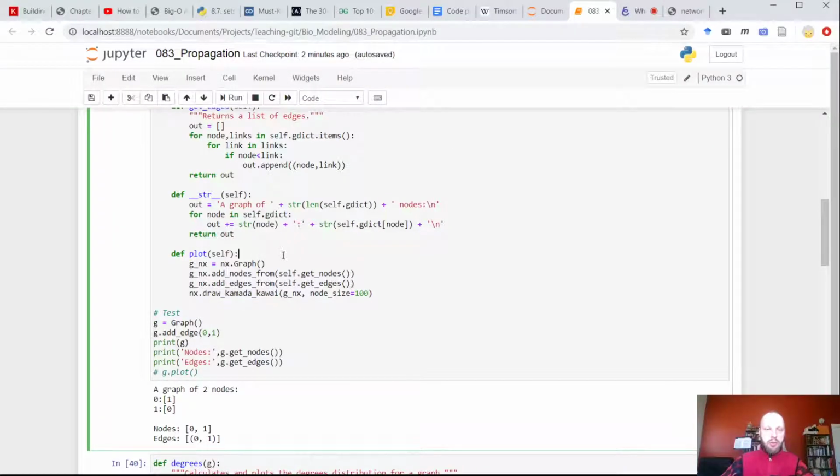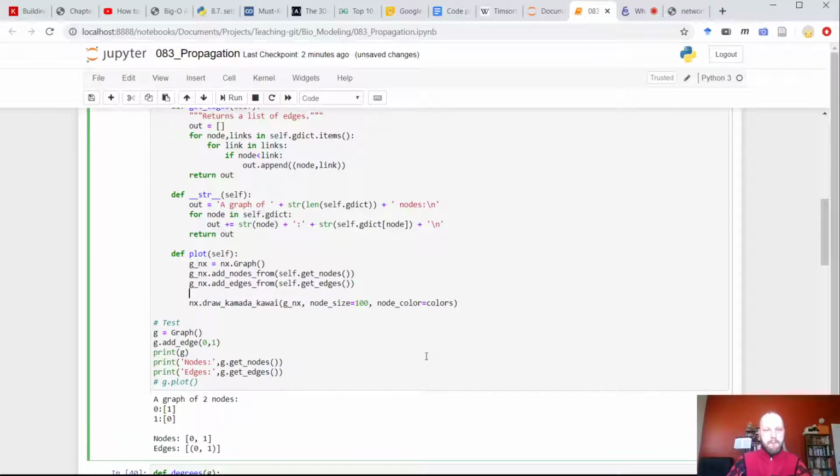In plot, node color equals colors. Colors are not defined yet. We need to add colors, and colors will be dependent on the state of the node.